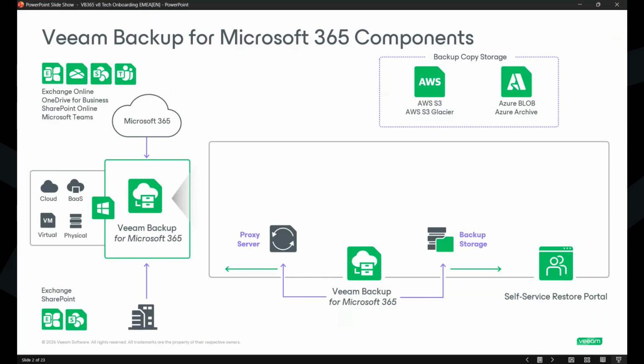Veeam Backup for Microsoft 365 as a whole infrastructure, in order to work, will also have specific components that we will need. So to begin with, we will have the proxy server, which is in use for data transfer and encryption. Without these compute resources, there's not much that we can do on top of the backup infrastructure